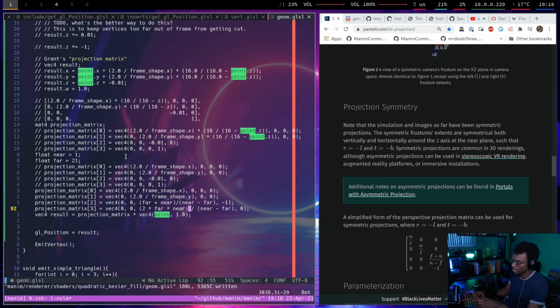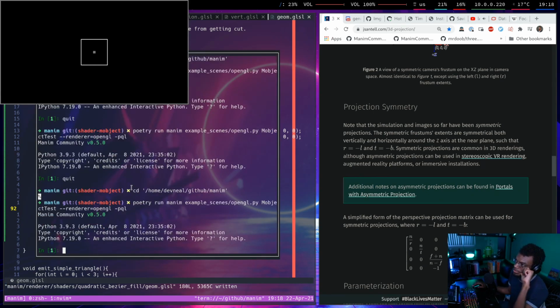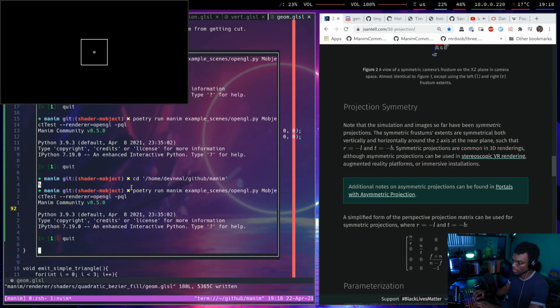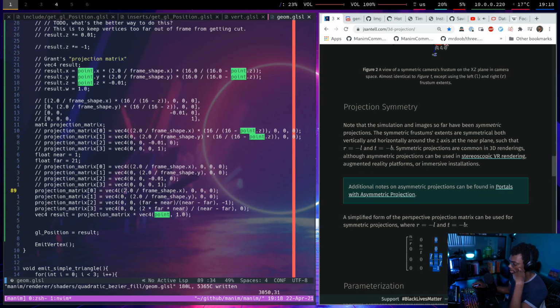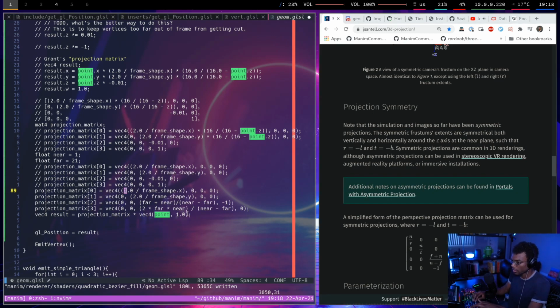So for one thing, the x and the y coordinate being small, I guess what I want to do is multiply them by a larger number here. And the z coordinate gets multiplied by this, then added to the w coordinate times this. And the w coordinate, rather, gets just this -1 times the z. Okay, so I'm gonna make this a 1. Make this a